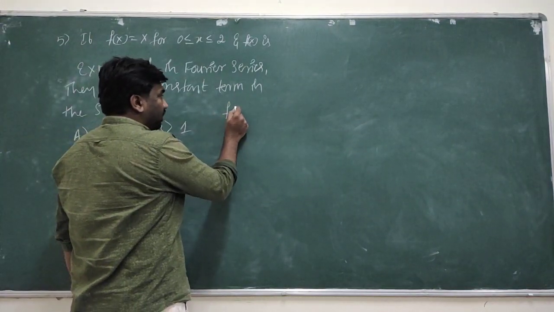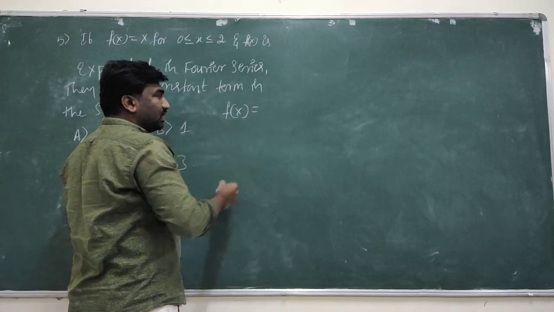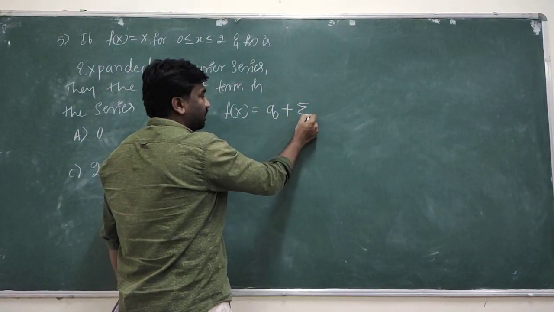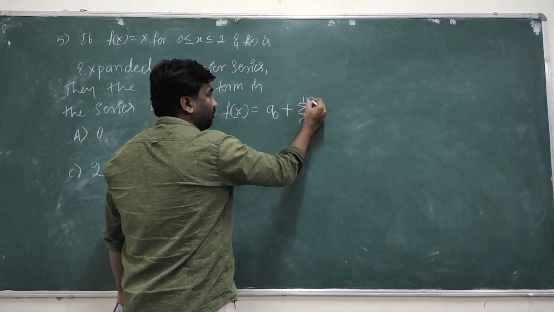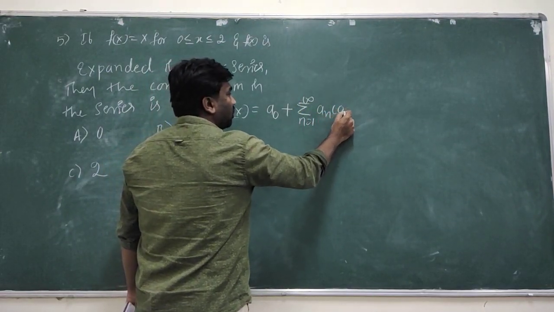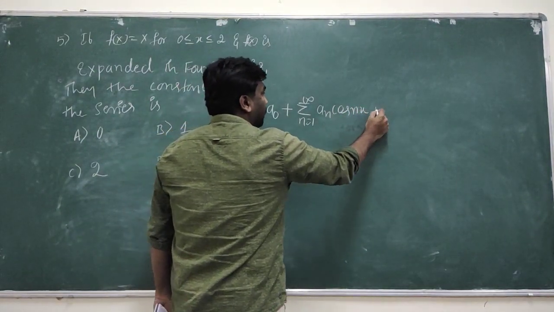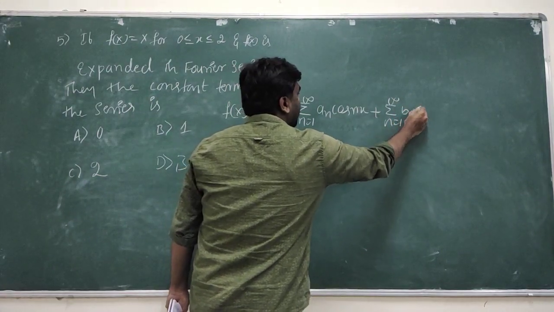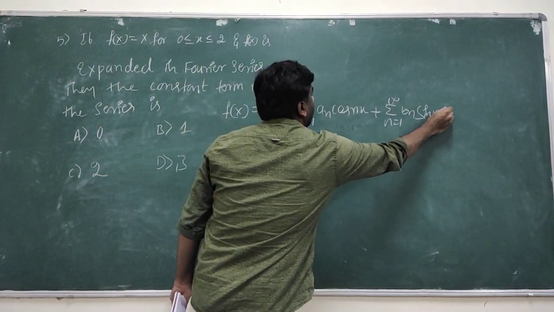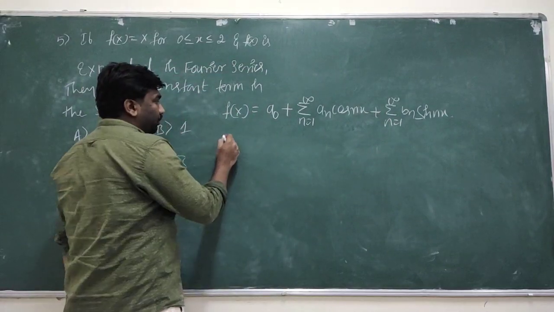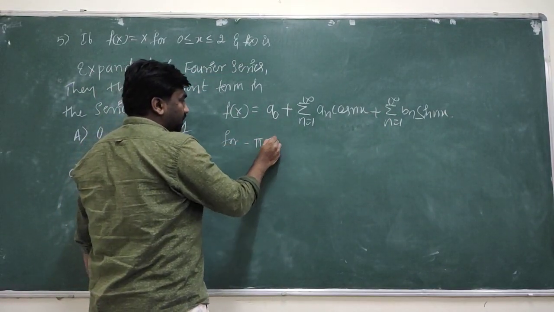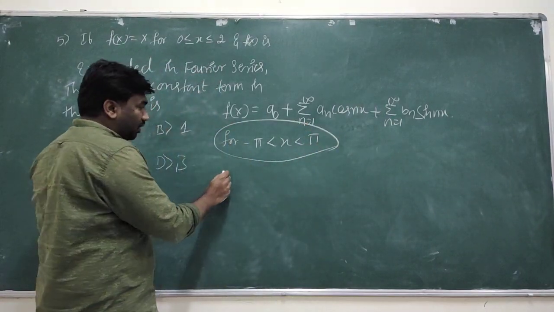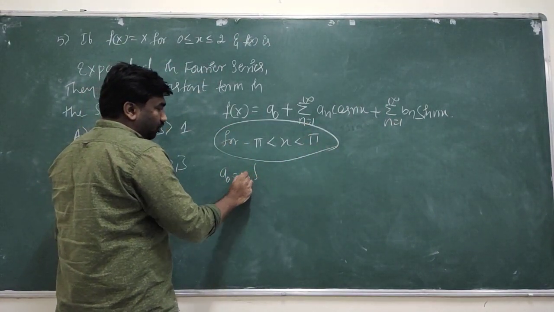So actually f of x in Fourier series is a0 plus summation n is equal to 1 to infinity an cos nx plus summation n is equal to 1 to infinity bn sin nx for limits minus pi to pi, and a0 is 1 by 2 pi